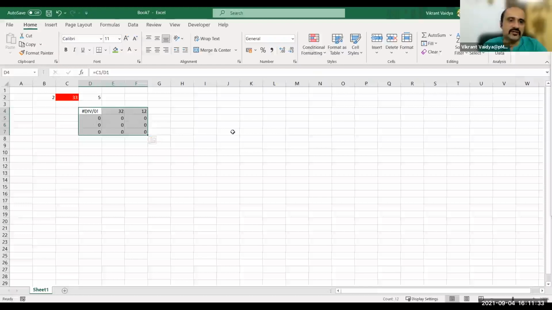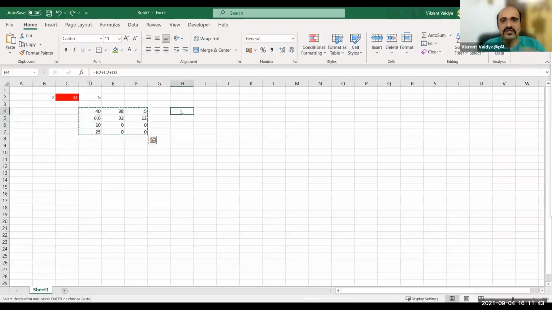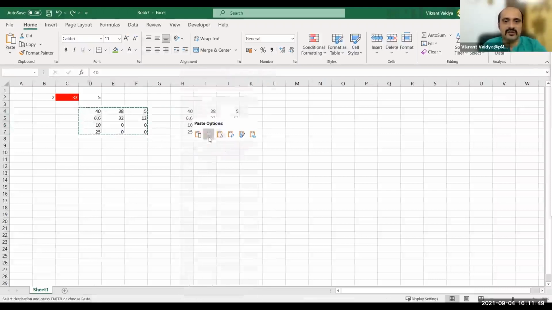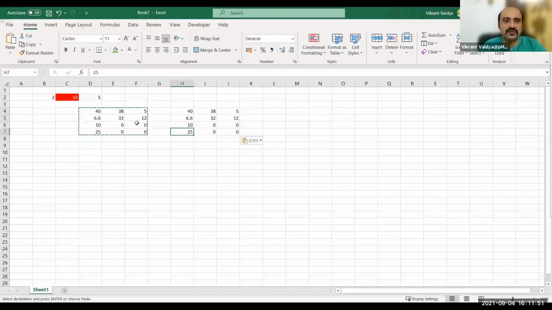Because it retains the formula, you are going to get errors if this is not plain numbers. So I will do that now. I have copied these and I can paste special as values here. Instead of the formula, I will just paste special as values. Yeah. So these are now numbers. These are formulae and these are numbers.